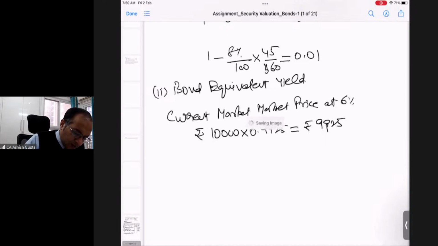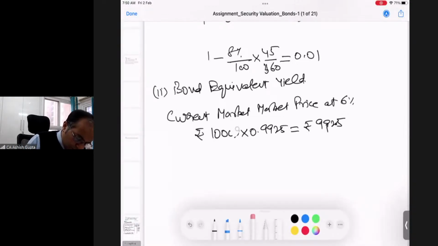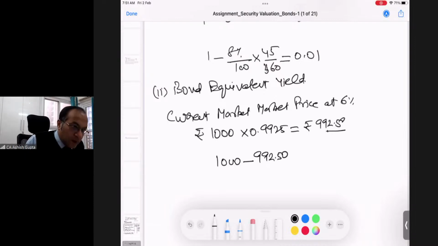I think our value here is 1000. Okay, now the correct value is this. So in this case, my bond equivalent yield will be: I am investing, I will get 1000 after 45 days, and my investment amount is